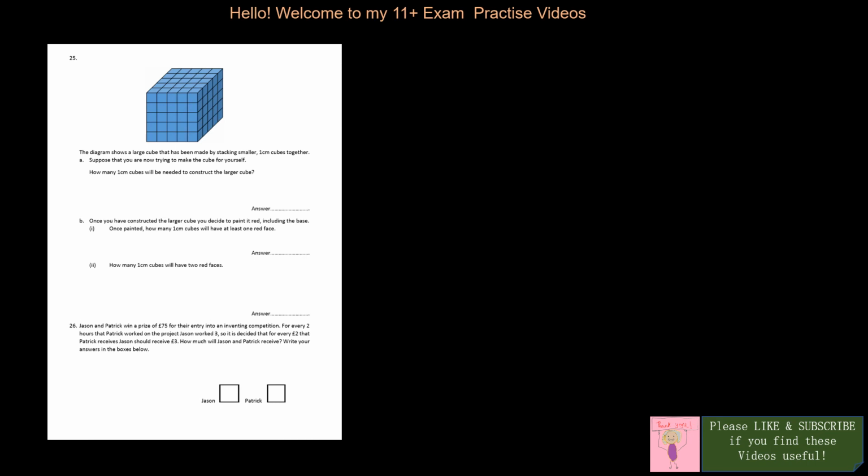So let us look at this face. Let us look at the front part or the front face. So how many cubes do we have? Not squares, cubes. Okay, so let us do it that way. We have 1, 2, 3, 4, 5, and 5, 10, 15, 20, 25. So we have 25 cubes in the front face. We will have 25